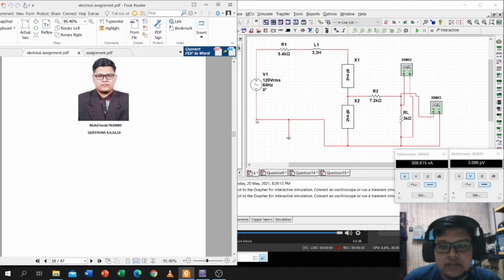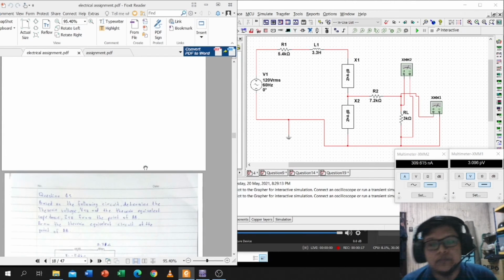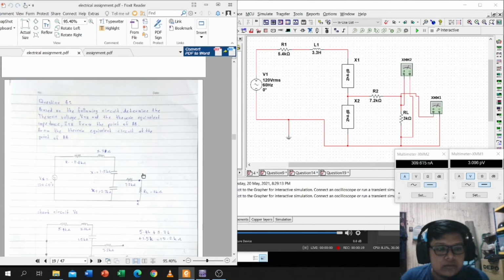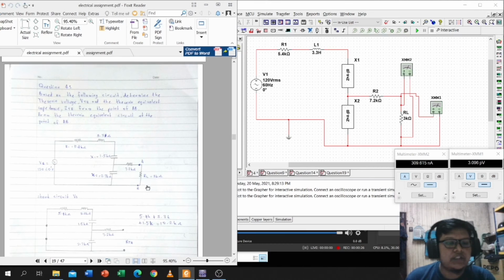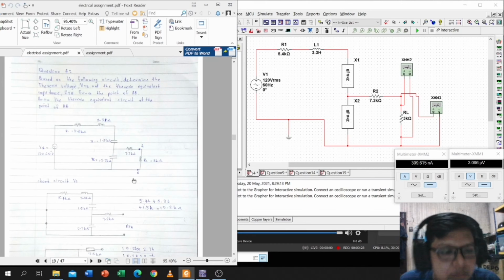This one is the simulation for question 4. In question 4, we need to find VTH, Z and ZTH at points A and B. The first thing we need to do is short circuit the voltage source,